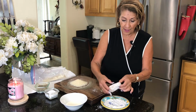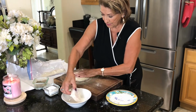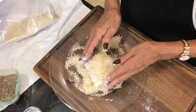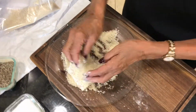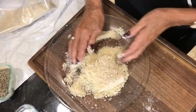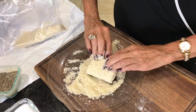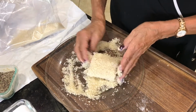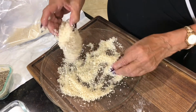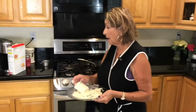Dust off the excess flour, dip it one more time, and then into your breading, just like that. You want to pat it down so you can get a nice good coating on that. Shake off the excess, and then we come over here to the range top, and I have already got a